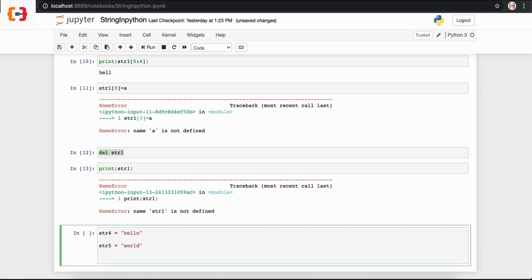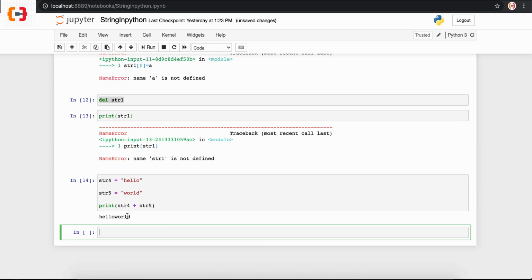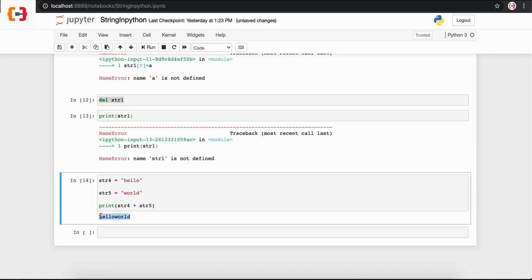If I want to add these strings, we can simply use the addition operator, and if I print this statement, it prints hello world. This is called concatenation of strings in Python.